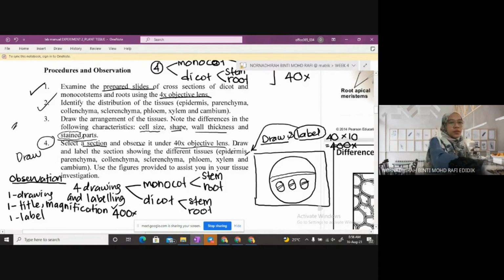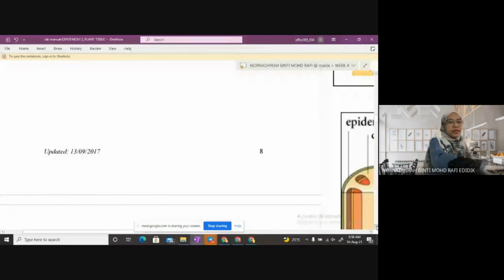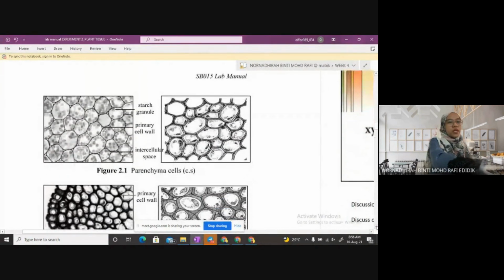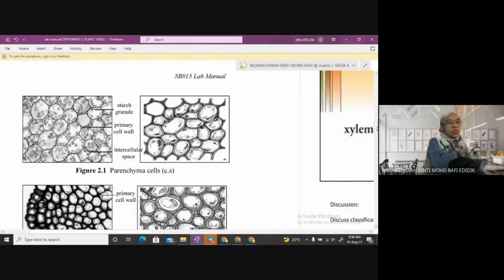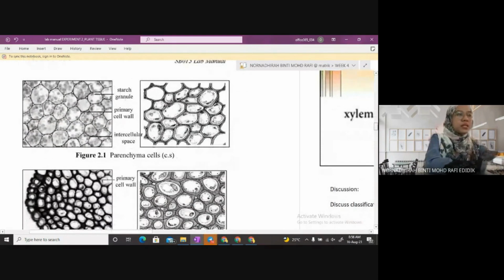Okay, so kalau you guys tengok dalam yang you guys dapat, memang ada semua ni. Okay, you guys kena cari sendiri. So boleh refer kepada lab manual, bawah ni ada drawing. So you guys kena draw. Okay, pilih yang mana monocotyledon stem. Okay, ni dia tunjuk parenchyma cell. Okay, awak boleh nampak parenchyma cell ni dia banyak lots of intercellular spaces. Okay, and then bawah ni,